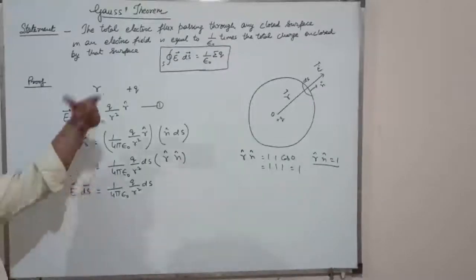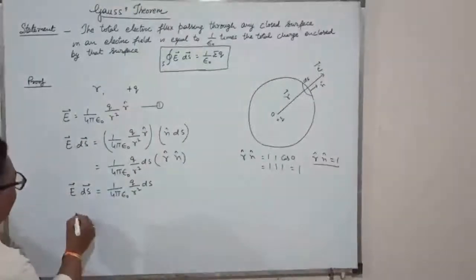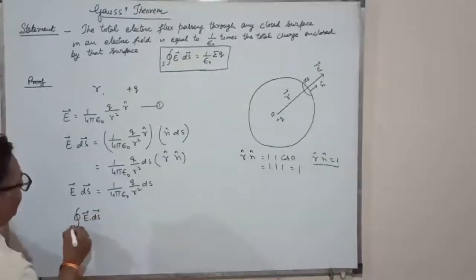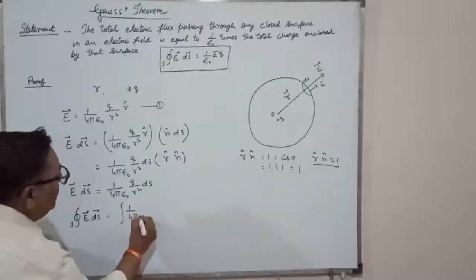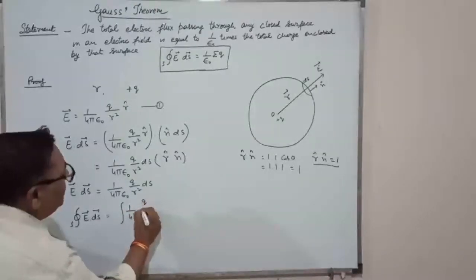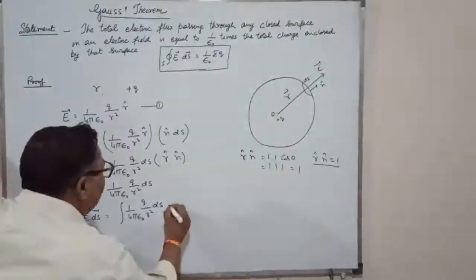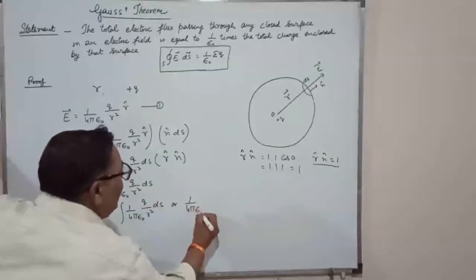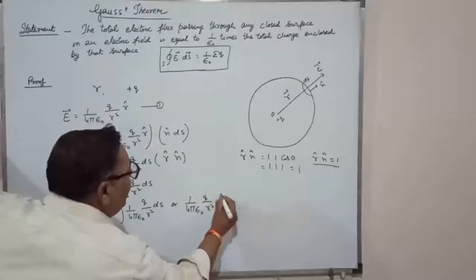Now integrating this equation within the closed surface, E dot ds is equal to integration 1 upon 4 pi epsilon 0 q upon r square ds, or this can be written as 1 upon 4 pi epsilon 0 q upon r square